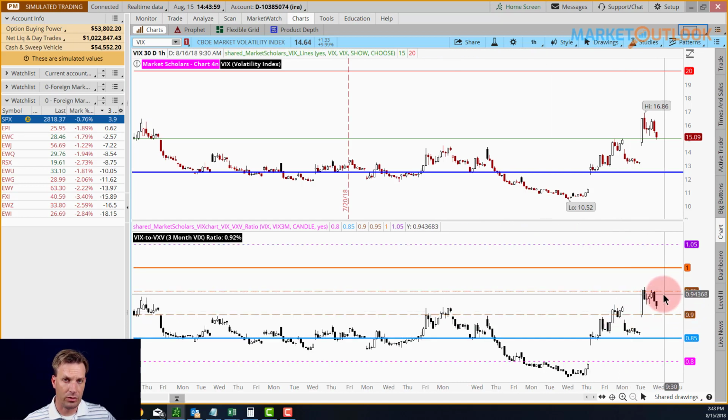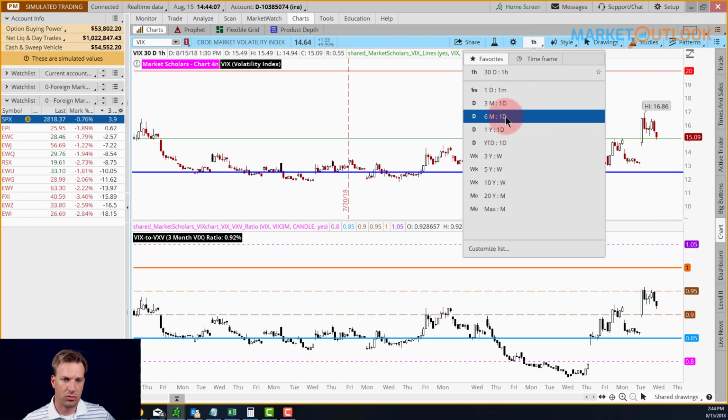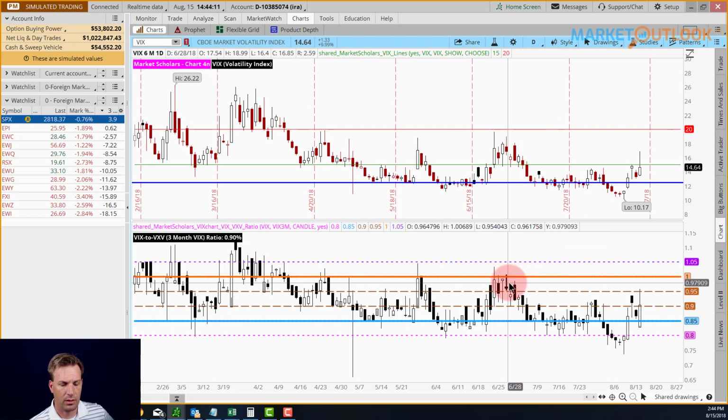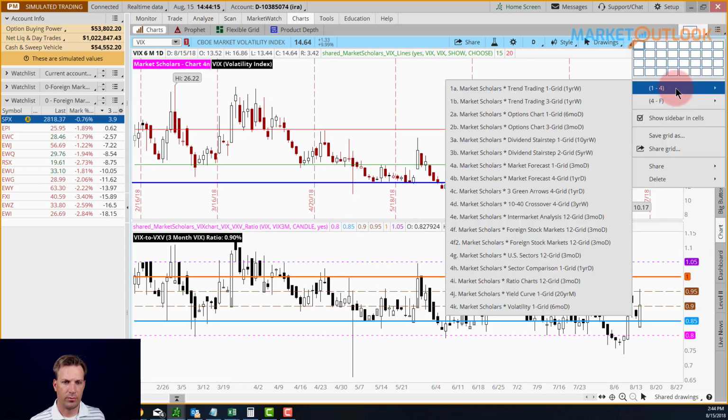The next attempt at resistance is 95%. Then you get up here, you get the intermediate term pullback. So again, just to show you the last one that we had, the last intermediate term pullback was right there here in June. So the reminder from a time frame perspective,